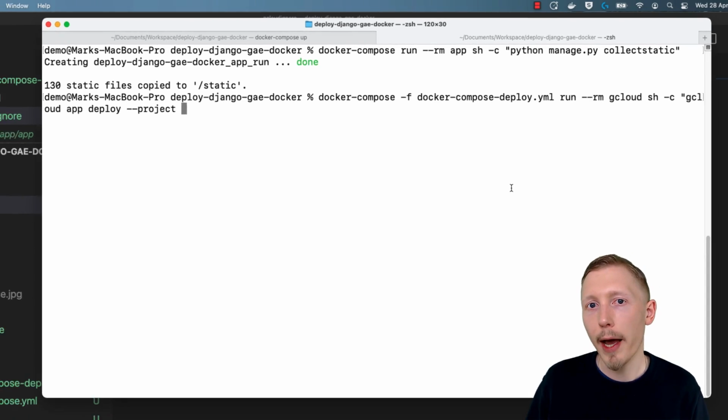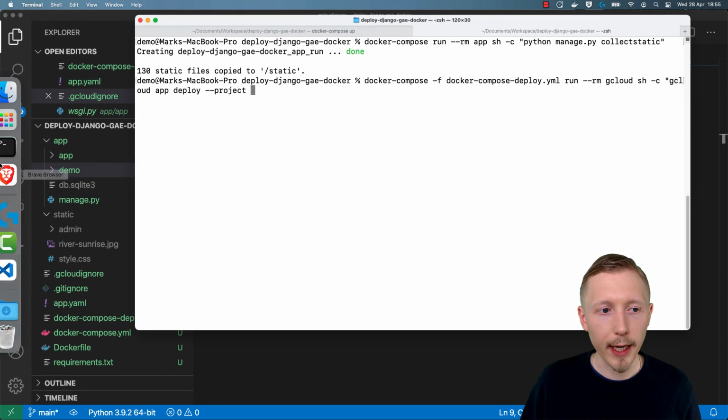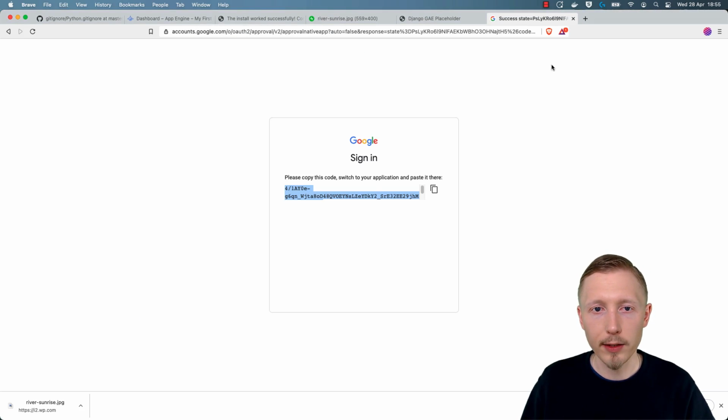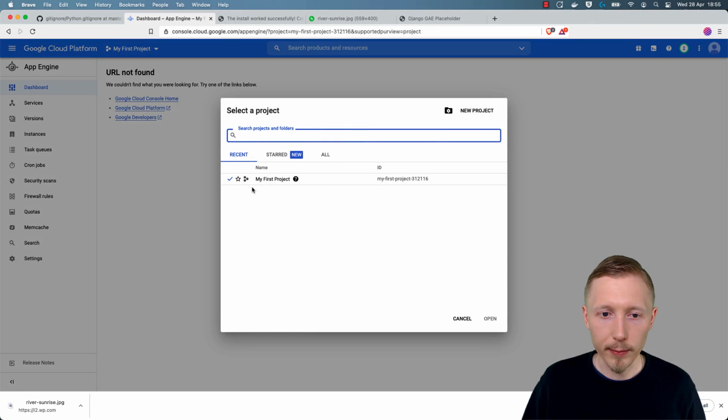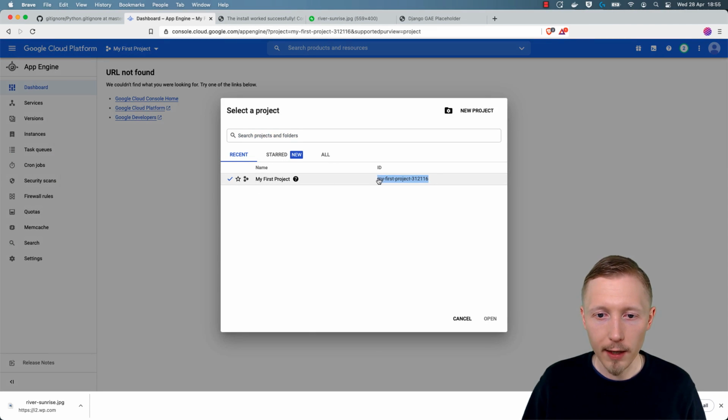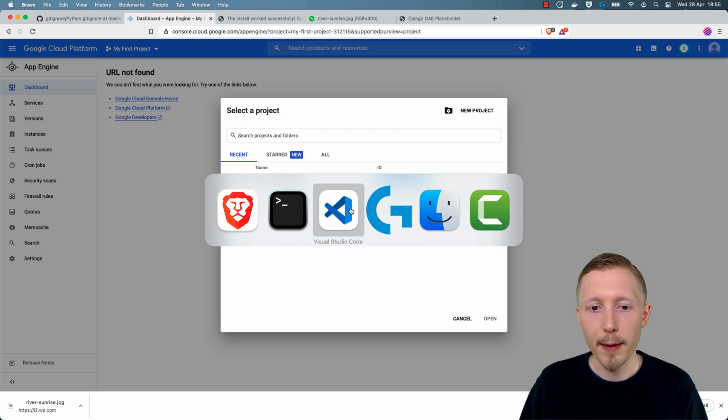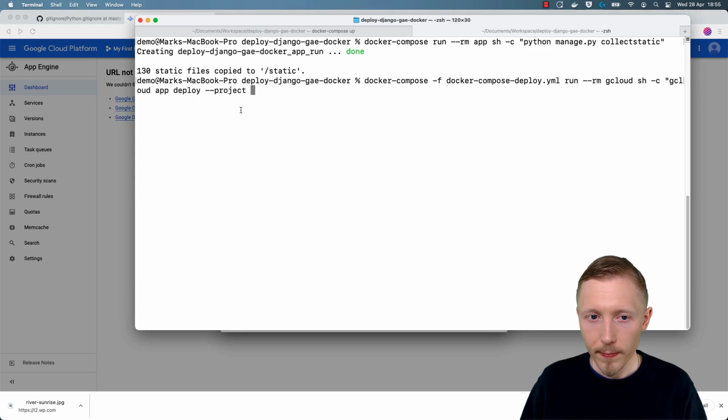And now we need to head over to the web browser again, so the console that has the Google Cloud, and we should be logged in here. You can get the project ID by clicking on the project drop down here and choosing the ID for the project you want to deploy to. So we're using My First Project. I'm going to copy this ID here, copy that to clipboard, head back to terminal, and paste it in